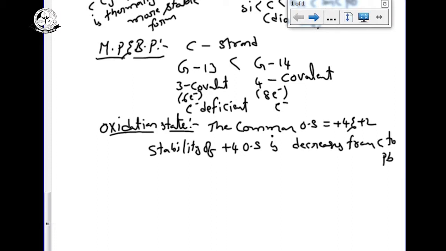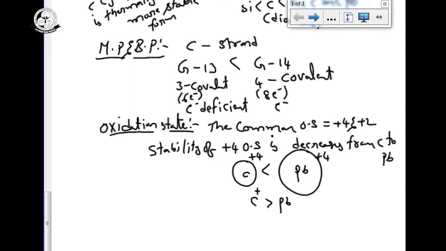Because when compared with carbon, lead has the larger atomic size. For example, carbon is small in size and lead is large. Which element can easily show the +4 oxidation state? Lead, because having the large atomic size, it easily loses electrons. So the element which can easily lose electrons easily forms the +4 oxidation state. So we can feel +4 can easily exist for lead. That is correct.